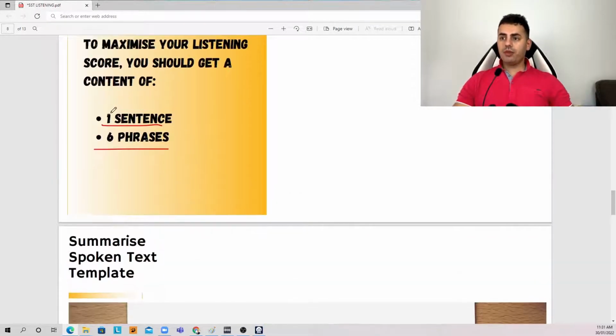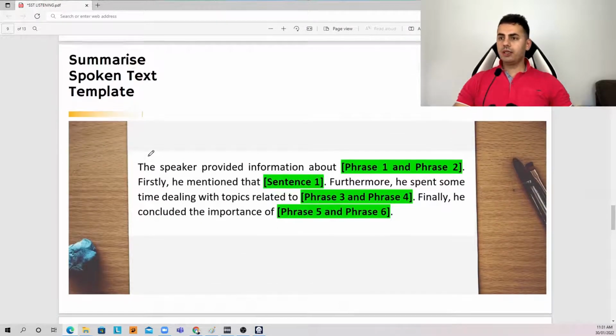And then this content, the 1 sentence and the 6 phrases, all together will be shaped up in the template. Here is my template that you can use. You start with: the speaker provided information about phrase 1 and phrase 2. Firstly, he mentioned that sentence 1. So here you will write your simple sentence.